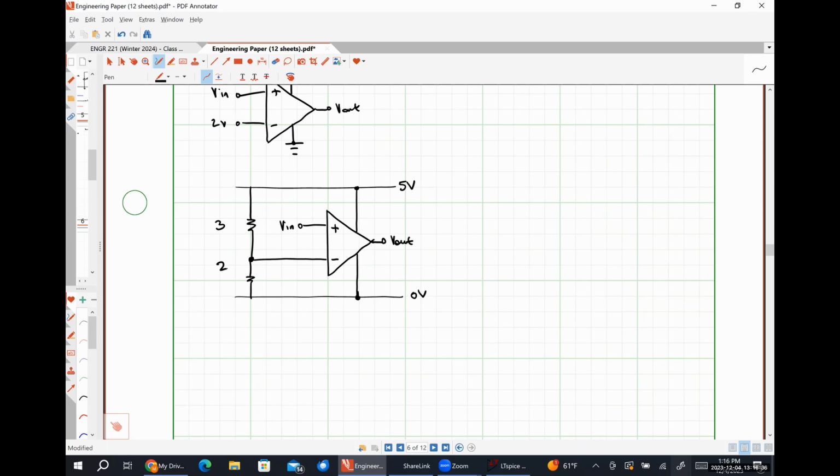So that means that in order to make sure that effectively no current branches off and flows into this inverting input terminal, I need to make sure that these resistors are significantly smaller than the input resistance of my op-amp. So typically speaking, we bias op-amp circuits using kilo-ohm size resistors because they're about 1,000 times smaller than the internal input resistance of the op-amp. Okay. So 3 kilo-ohm here,